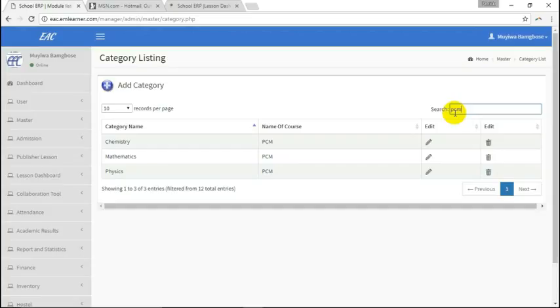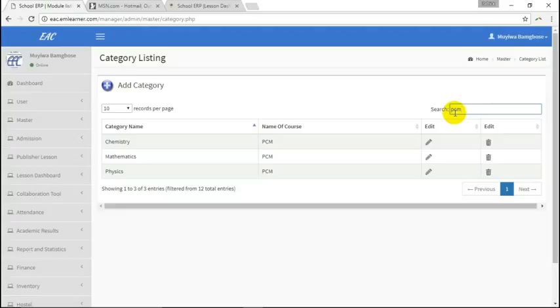Now, if a teacher is assigned chemistry, there is a possibility that the chemistry teacher is not teaching all the subject combinations, all the courses. A different chemistry teacher can be assigned, or one teacher can also teach all. The teacher who teaches PCB may be a different teacher from the one who teaches PCM. That teacher will not see the content of the PCB if he's a chemistry teacher, except both are teaching the same class, and so both of them will interact with the students.